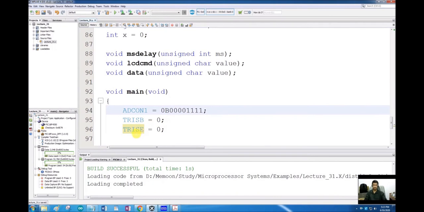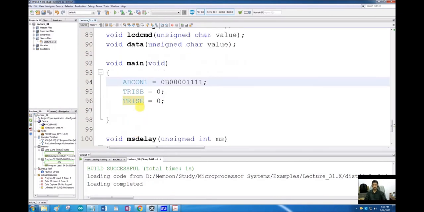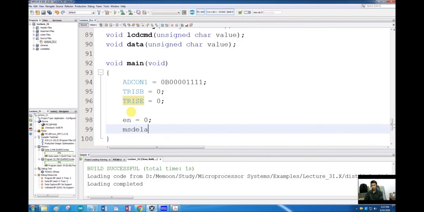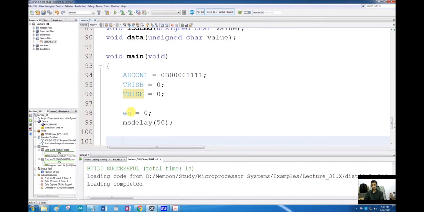This will configure port E as a digital IO and then set it as an output port. Now for initialization of the LCD, we have to give a 0 to the enable and wait for about 15 milliseconds. So I am giving a delay of 50 milliseconds instead of 15 just to be on the safe side. This is required for LCD initialization.